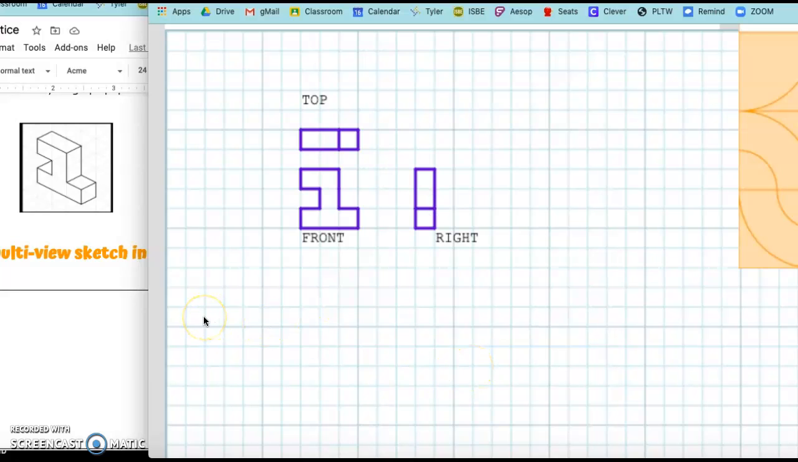Please make any corrections you need to make. You can unsubmit your assignment, fix it up, erase what you need, add what you need, and resend it in so I see that you have an